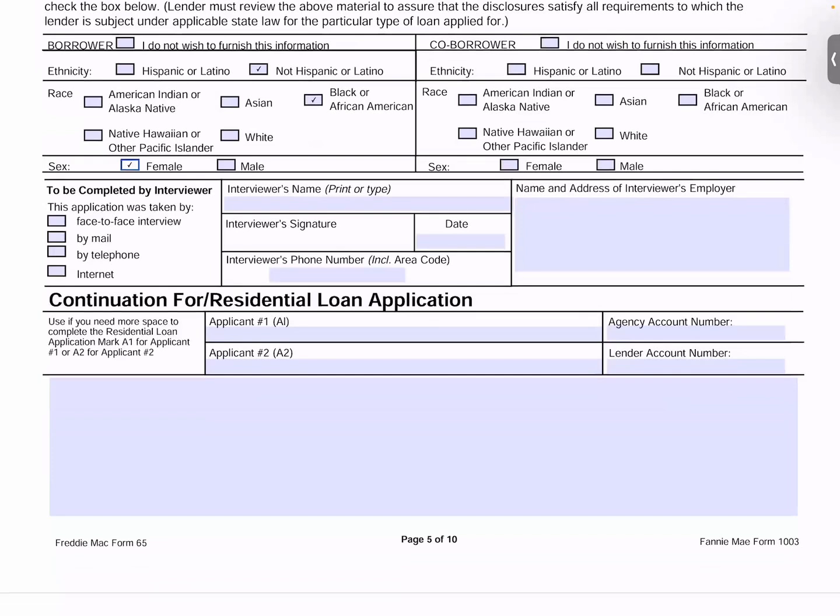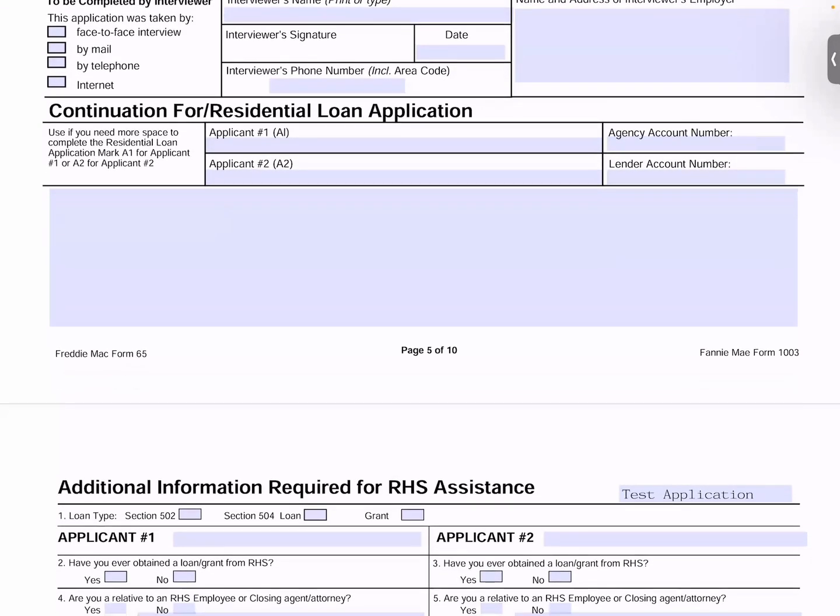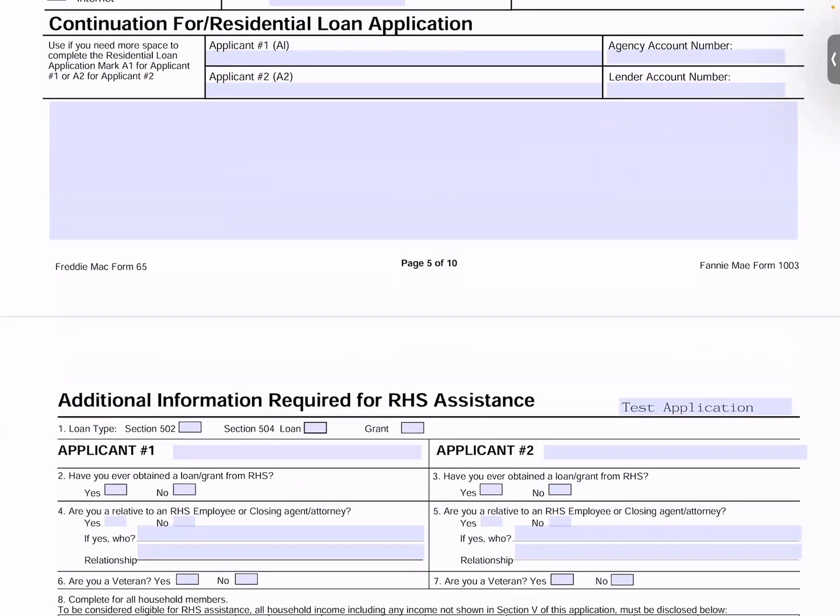And then in this section, it will be my information, so you do not have to fill out any of this. I will actually fill that out once I receive the application back. And then also this section right here is strictly for if you needed additional space. Say, for instance, you ran out of space for the liabilities or you ran out of space for your income, you'll put that